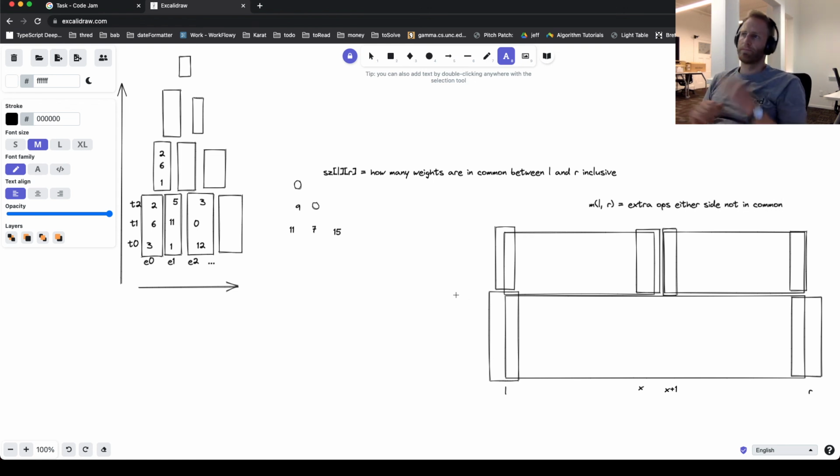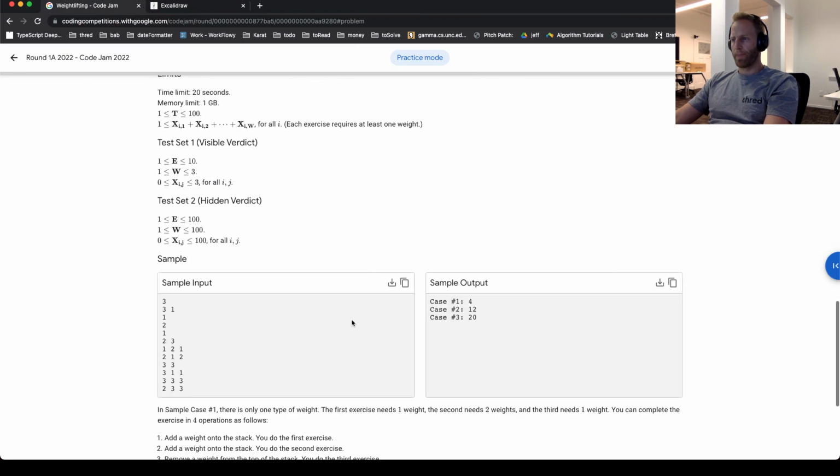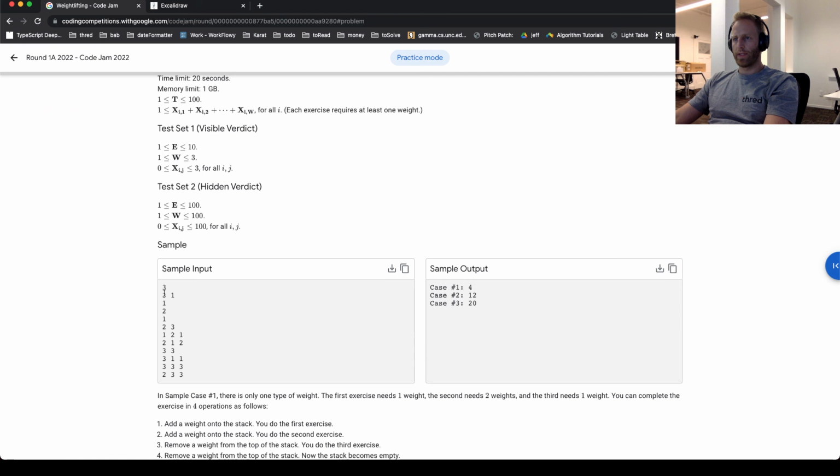Yeah, read the analysis if you want a better explanation of what this is. Okay, so let's get the problem input. For each of the 3 test cases, we get given how many exercises there are, how many weights